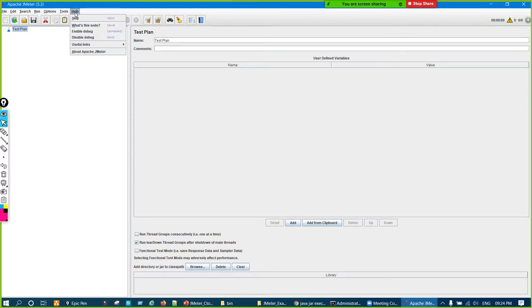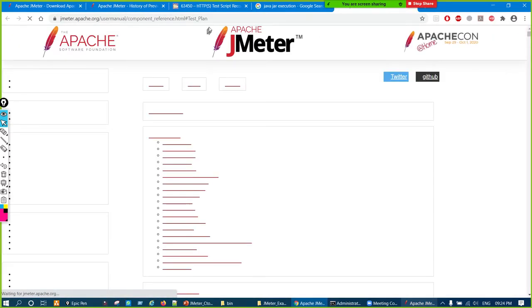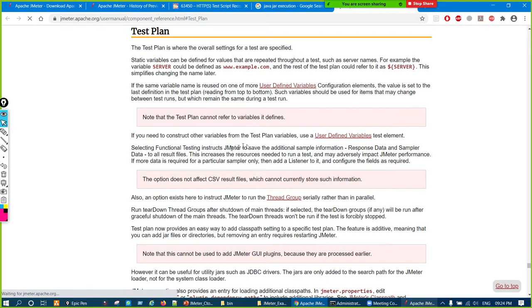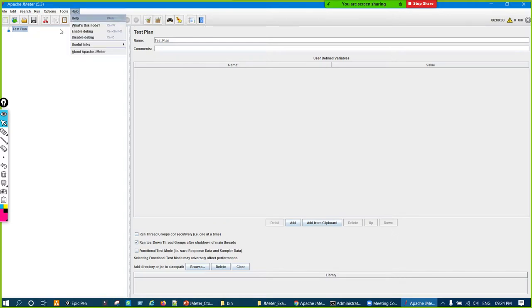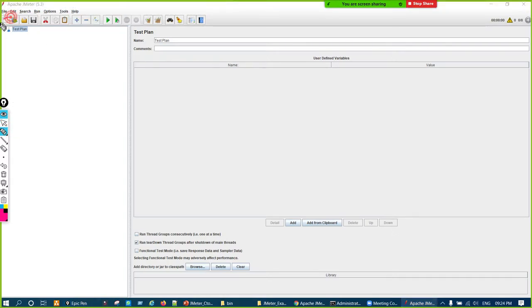And the last one is Help. So in Help, there are useful links over here, then About Apache JMeter, all things. Help is again normal, every tool has a Help button. And if you click Help, it will open the JMeter page. See, directly it has opened the JMeter website. And how to make use of this Help button, we'll see that as well. Now what is there on the second toolbar, or this ribbon bar? Here shortcuts are given. These are all shortcuts.